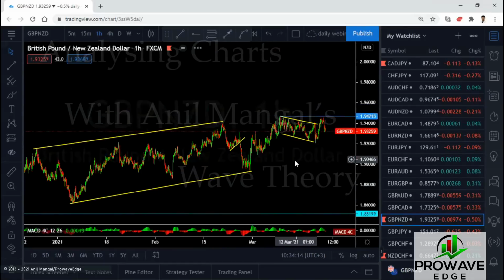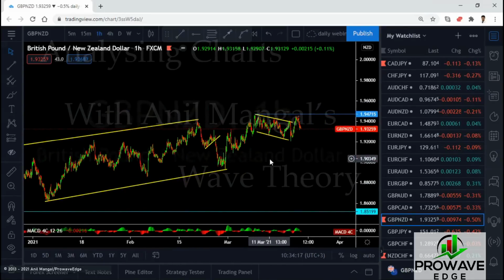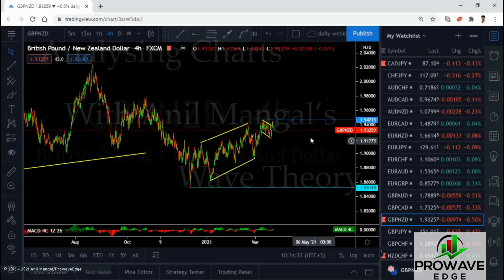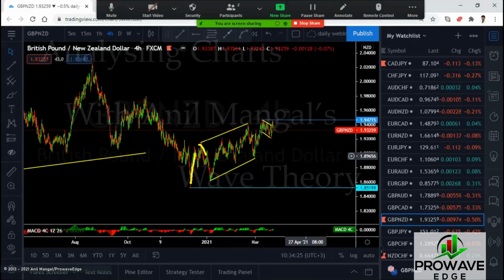Okay, it didn't break the top, so I still want them to break the top, right? Because when they break the top, the trade to the downside becomes much better. We expect this whole pattern to fall, the bigger structure. It's a 1, 1, 2, 3, 1, 2, 3 there. And then we know this was going to break, but it didn't break the top. I want them to break the top and then start the downside.